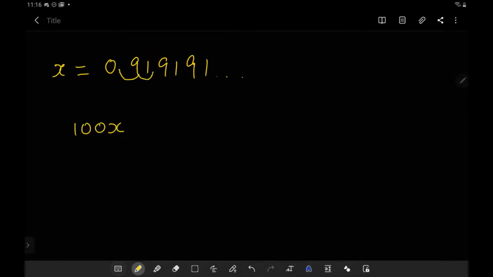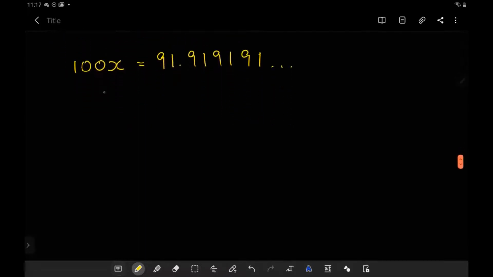So I will get 91.919191 and so on. Do you see where that comes from? Now, if I write x right underneath it, x is equal to 0.919191. Now, this is interesting because if I subtract,